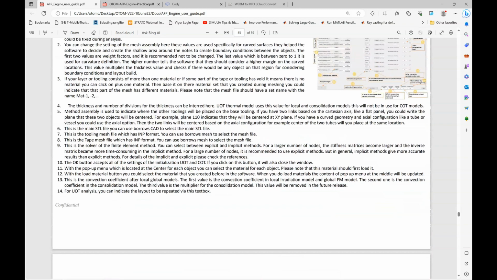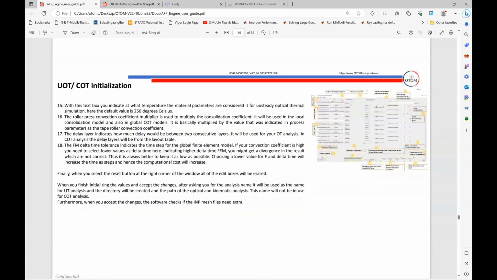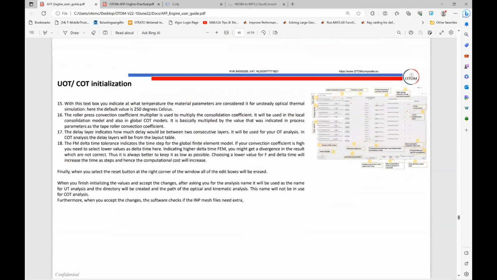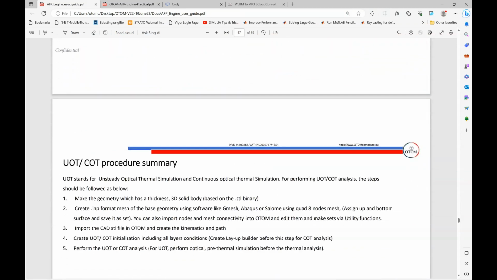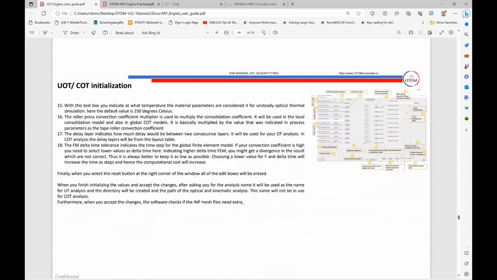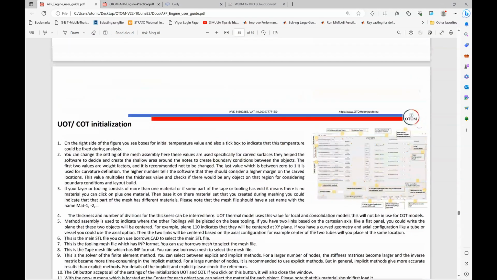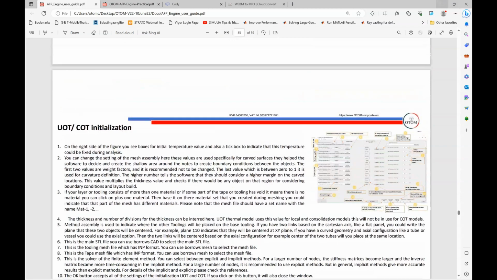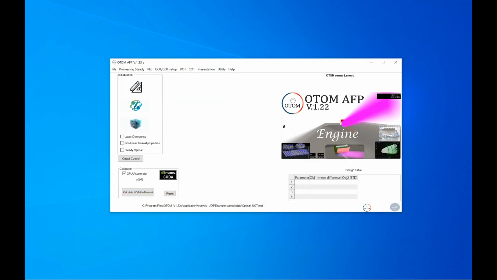Here we will have a brief look at performing the boundary conditions for this UOT analysis, and then we will have a look at the COT analysis. There are a little bit of differences between the initializations for boundary conditions between the two modes, so we will have a look first at the